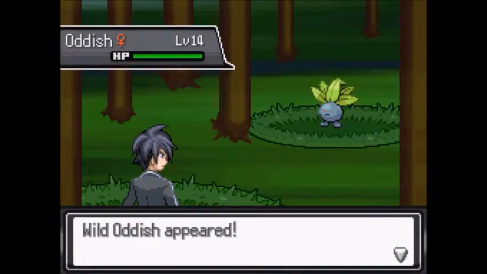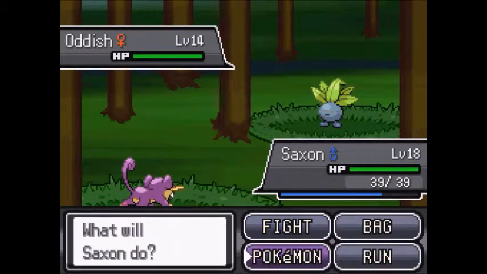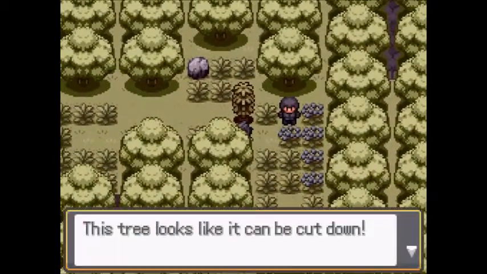Oh, you can get Oddish in here. Interesting. Yeah, Oddish's sprite always looks really weird. Which sprite is this from? I want to say it's from Diamond and Pearl. The little red eyes look a little weird to me, but regardless,